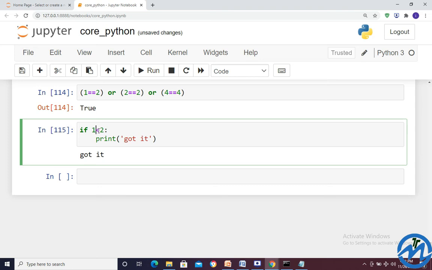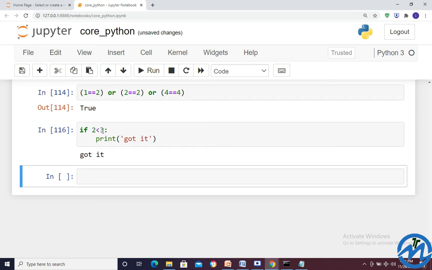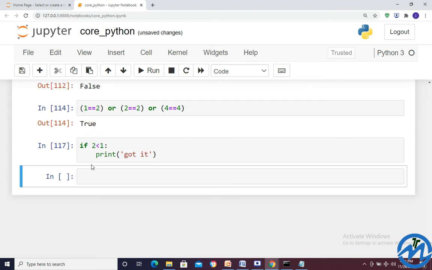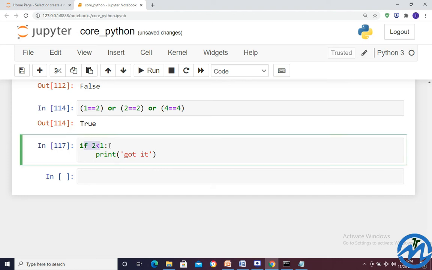So we have 1, 2, 3. Got it. 2, 1. Nothing we got. Why nothing we got? Because else part we have not written, and this statement is not executing. This is the reason we got this manner.